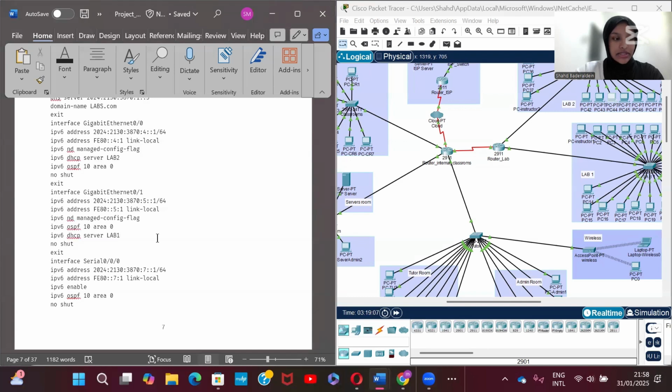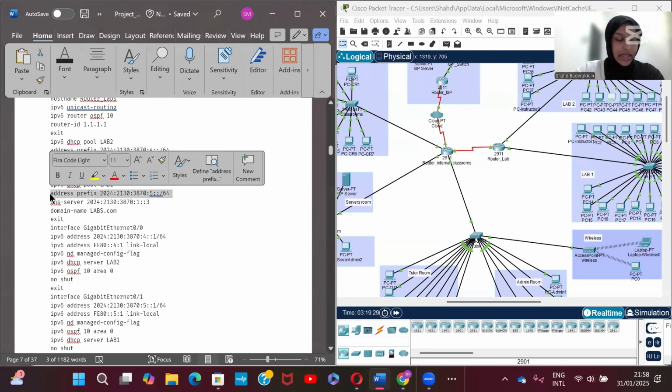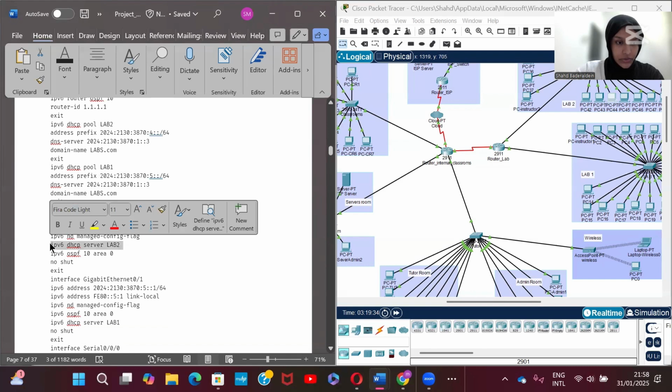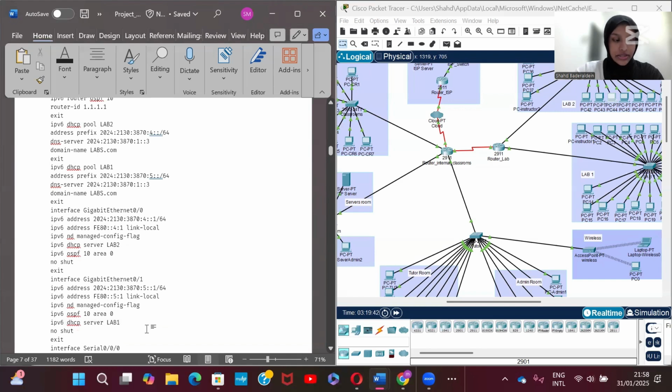And then for DHCPv6, we dynamically allocate addresses to devices in different subnets. Firstly, we created a DHCP pool. As you can see here, that's the pool for lab 1, and that's the DHCP pool for lab 2. Then we defined the address range here and here, and then we assigned it to an interface, this one for lab 2 and this one for lab 1. So this setup ensures that client devices in lab 1 and lab 2 automatically receive IPv6 addresses, DNS settings, and